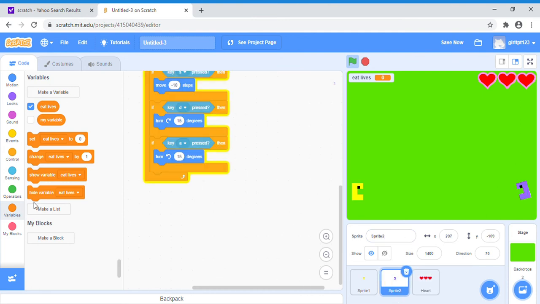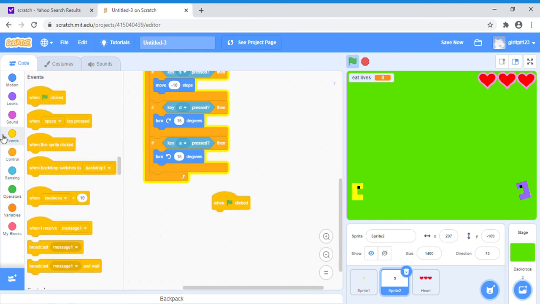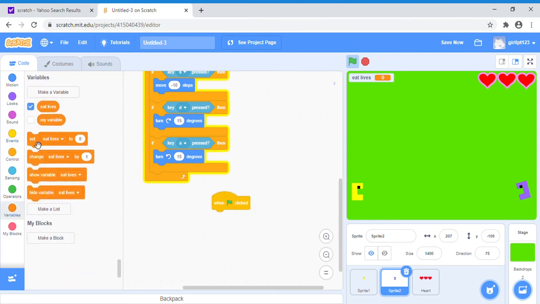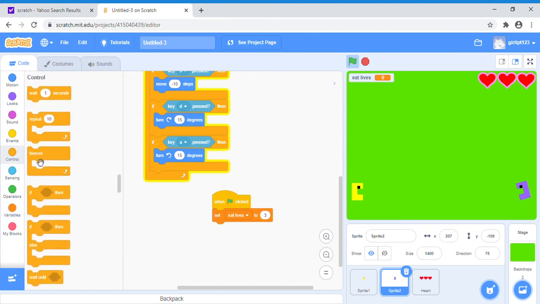So what we're going to do is go to events and do when flag is clicked, go to variables, and I'm going to say set eat lives to 3, which means I want to have 3 lives in the beginning. If you have 5 hearts, you could set eat lives to 5. So now what I'm going to do is bring a forever loop in and say,